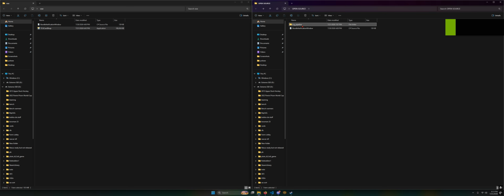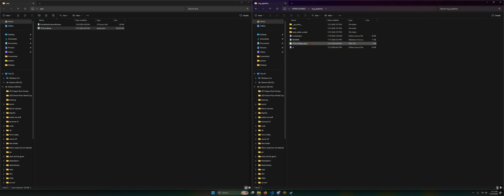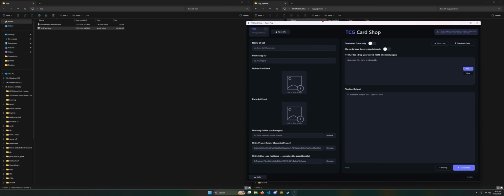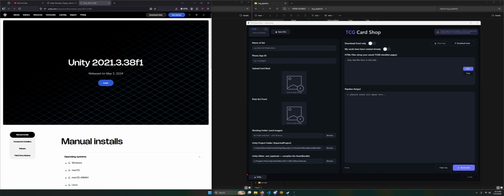All right, y'all, this is how to use a little tool that I made. For the open source people, open up this, launch the script through UI, and for everybody else, go to application and double click that. All right, so this thing should open, and if you do not have Unity, click this Unity tab, and